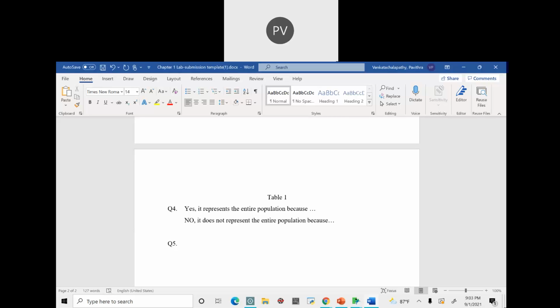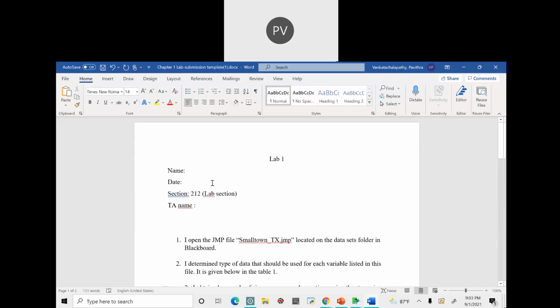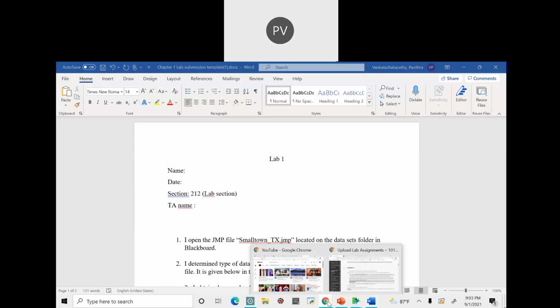So once you're done with the fourth question, the fifth one is just summarizing the whole lab. Okay, you have to write in a paragraph or maybe in point form. You have to write whatever you have learned in the particular lab. Okay, so once you are done with this, you can just save this file,